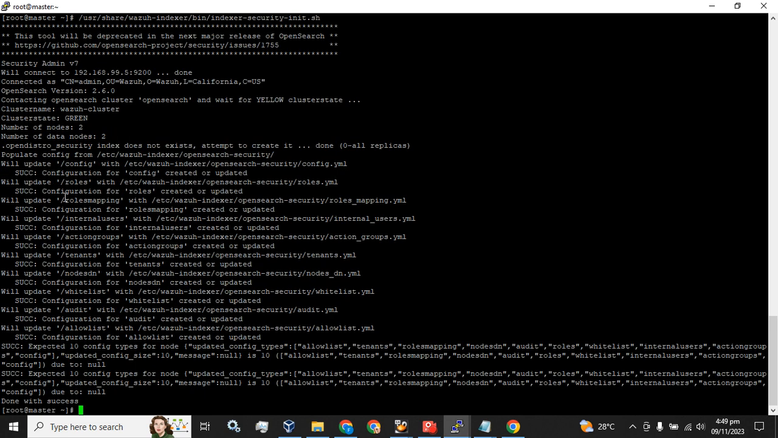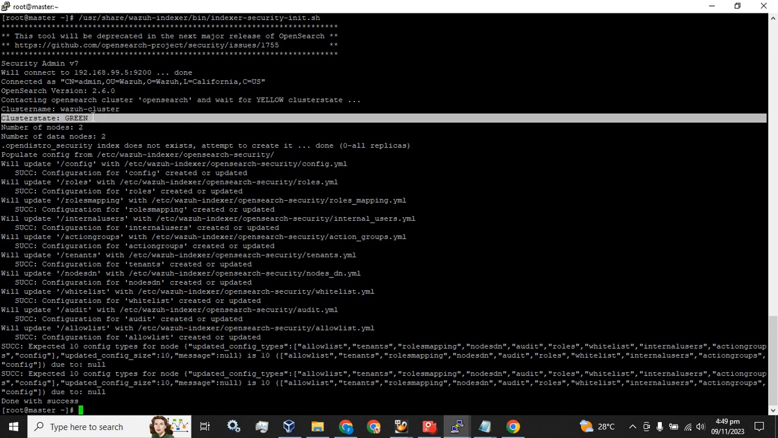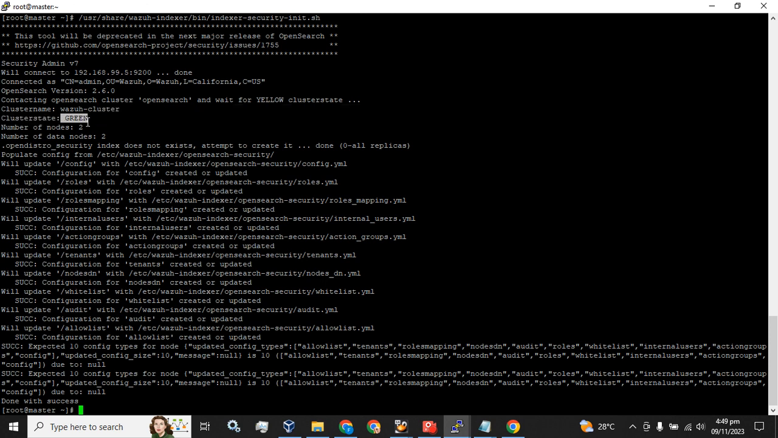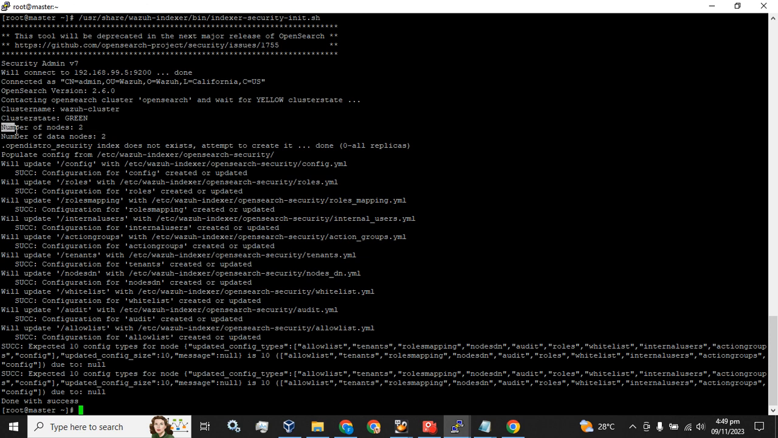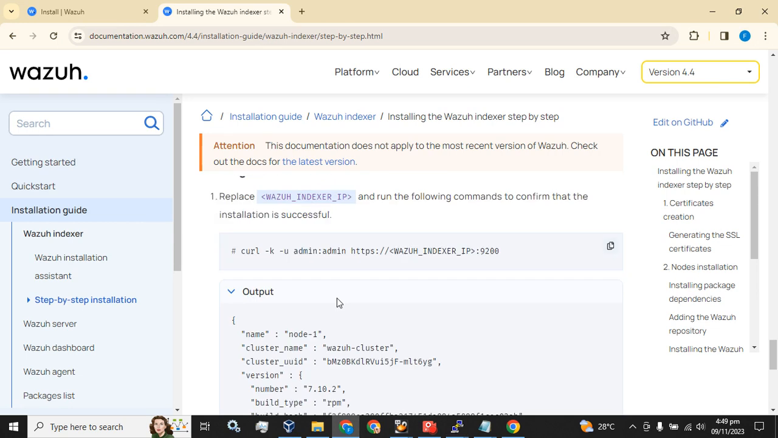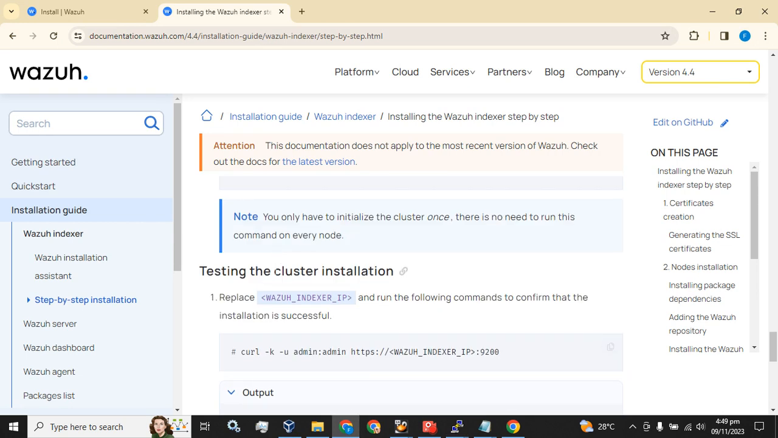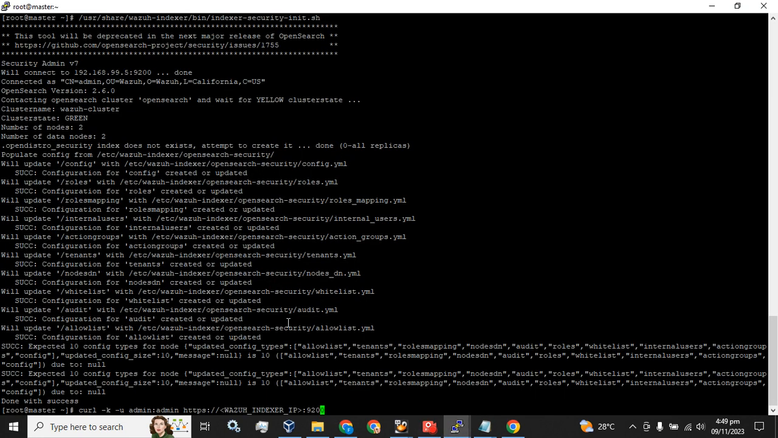You can see the number of nodes, the cluster name, and the cluster state. If we get any malfunction or any error, the cluster state will be red. If the cluster state is green, the cluster is successfully initialized. You can see number of nodes 2, number of data nodes 2. Yeah, it looks fine. You can check the cluster installation by using this command,